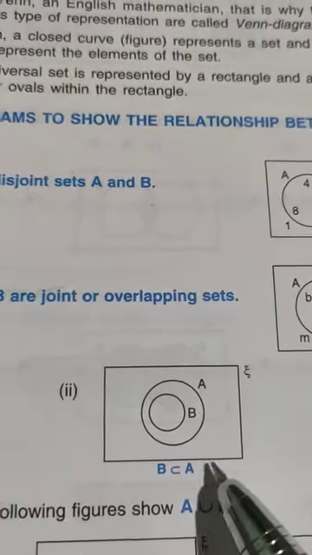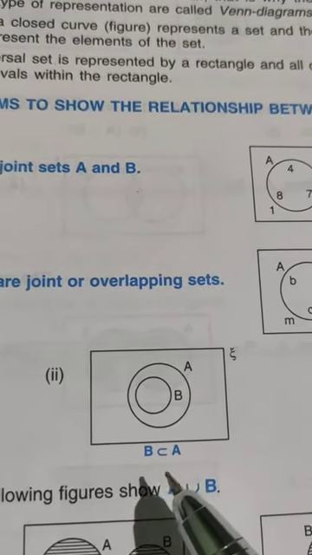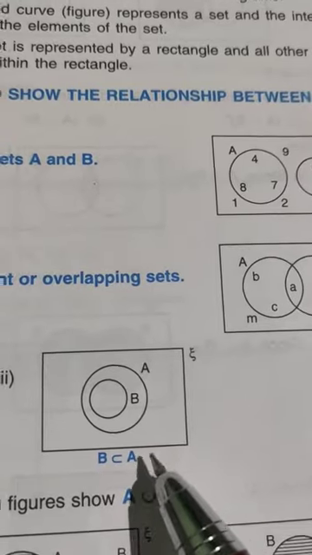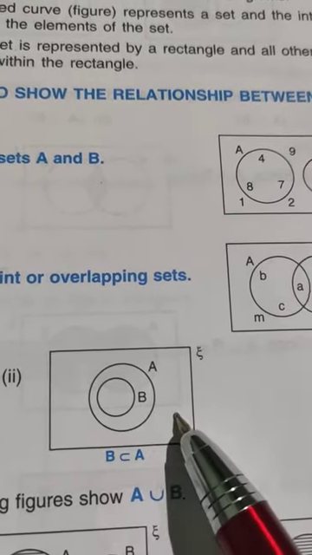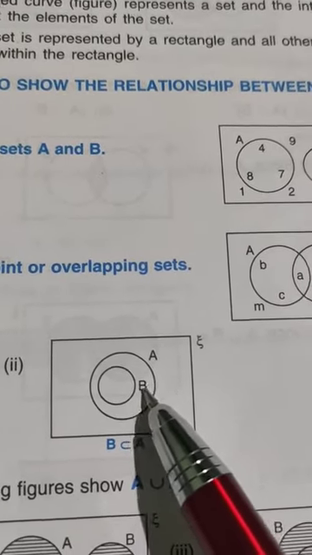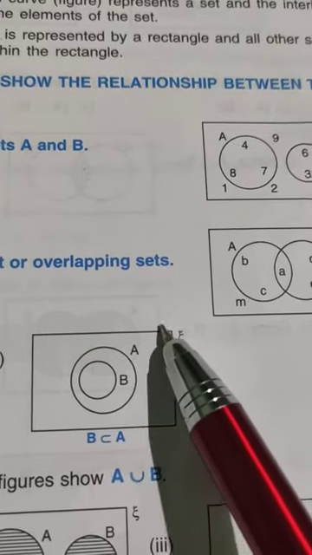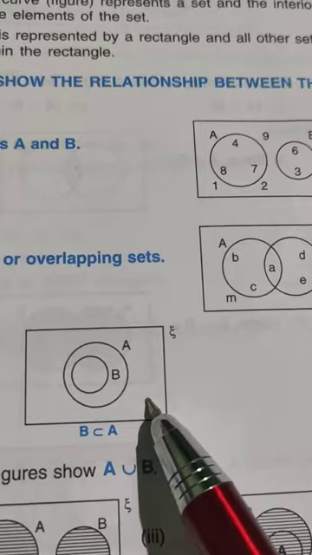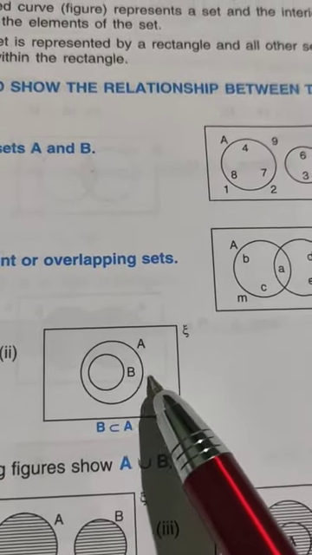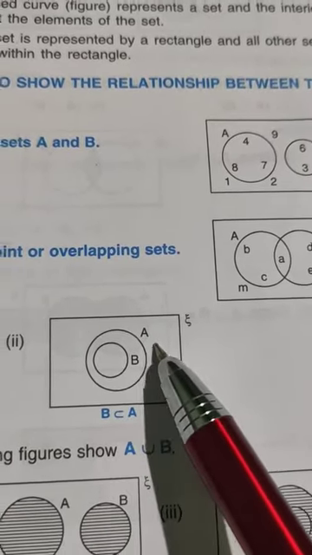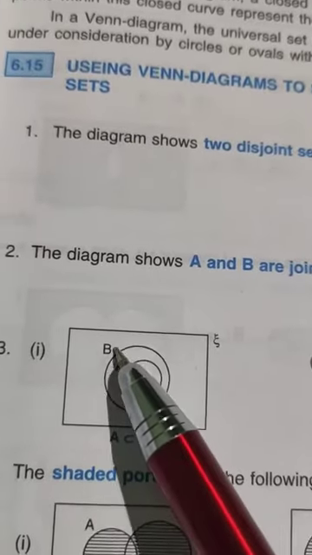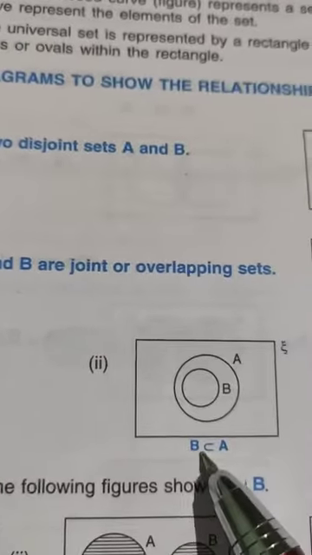See here, this is B subset of A, meaning any element belonging to set B also belongs to set A. So this is a diagram, children, you need to understand. B set में जो है वो A set में भी होना चाहिए. A set में ये यहाँ पे ये एरिया होगा इसका. ठीक है, this is the A set and this is the B set. तो इसमें जो है इसमें भी होने चाहिए और इसमें जो है इसमें भी होने चाहिए. The A subset of B and B subset of A.